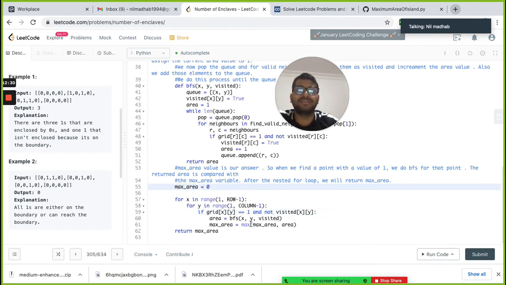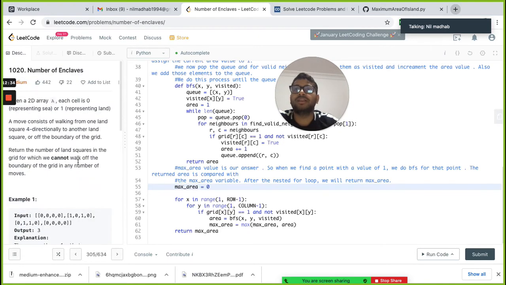So this question is almost the same, and we just have to modify it. Let's rename it as number of enclaves, which will be initially 0, and we will increment it with this area.